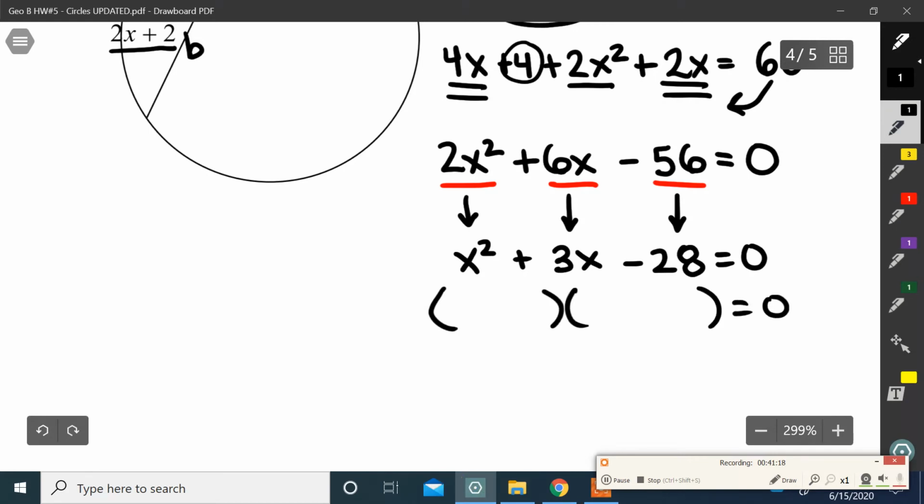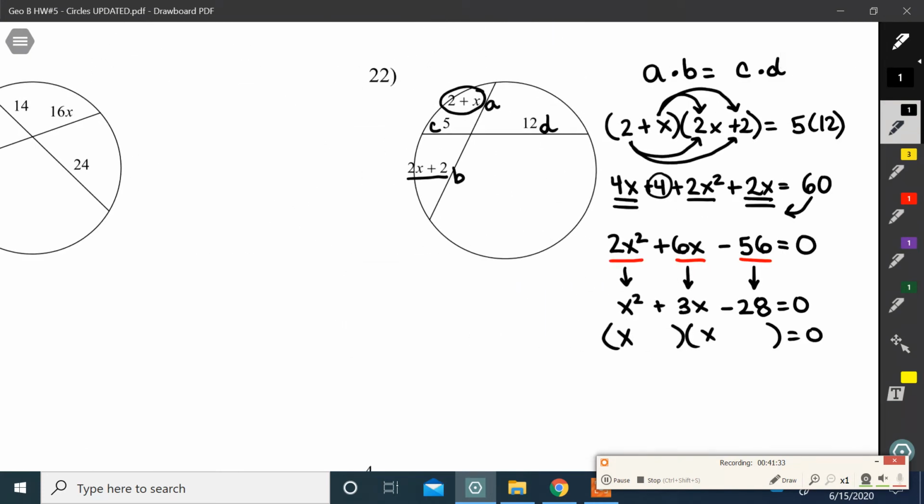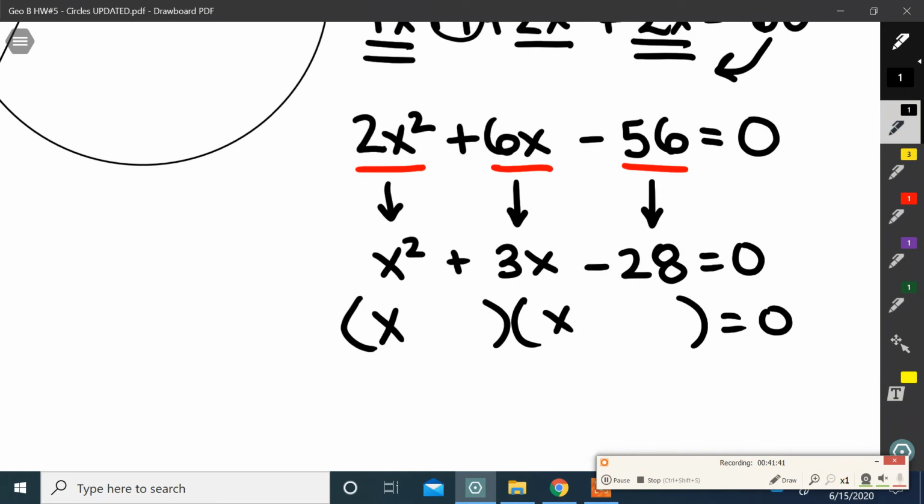Okay, so if I factor this one, I need two numbers that when I multiply them together I get negative 28, but when I add them I get 3. Okay, so think about that. When I multiply them, okay, I know that it should be 4 times 7, where the 4 should be negative,